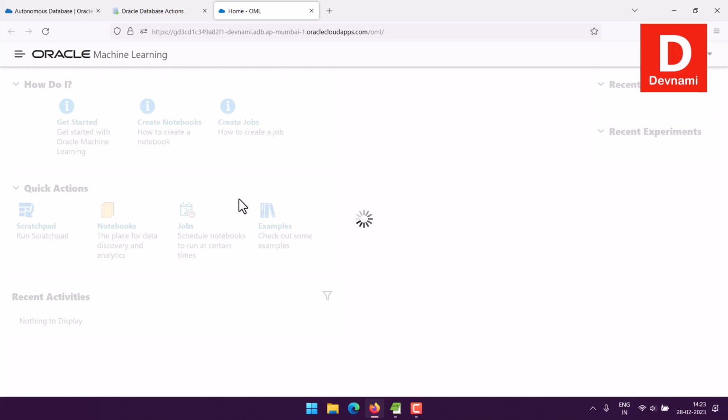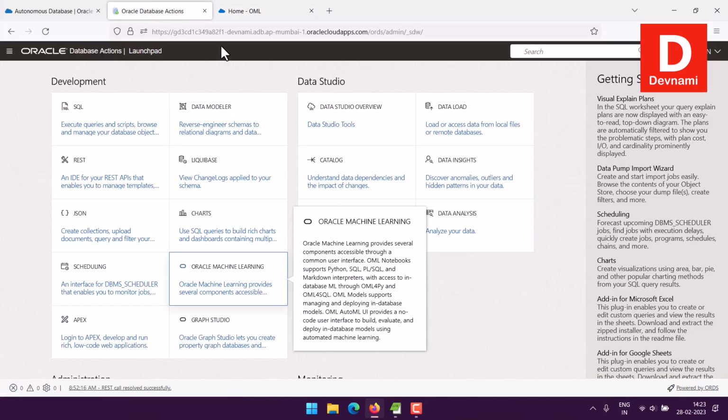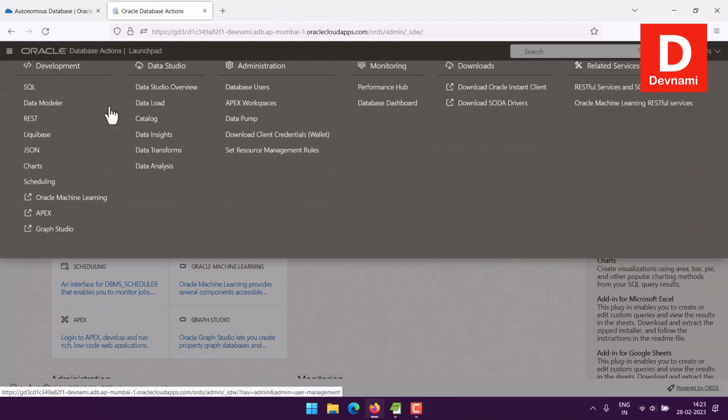right? So within this particular area, you may notice that for your user you will have some limited actions because you are admin. But if you want to use this section as a developer, then you will have to set up your account for that. That means you will have to create a new user. So I will just close this for now and come to Database Users,